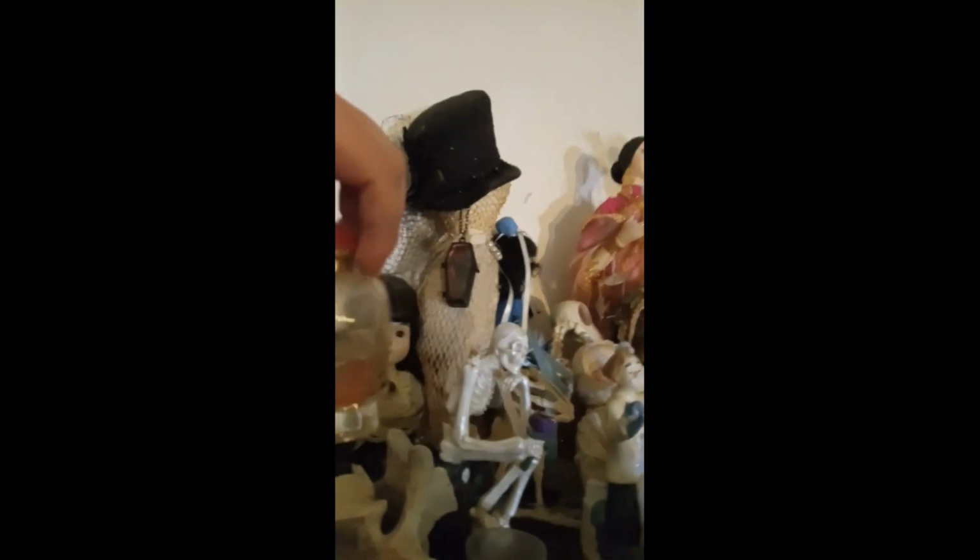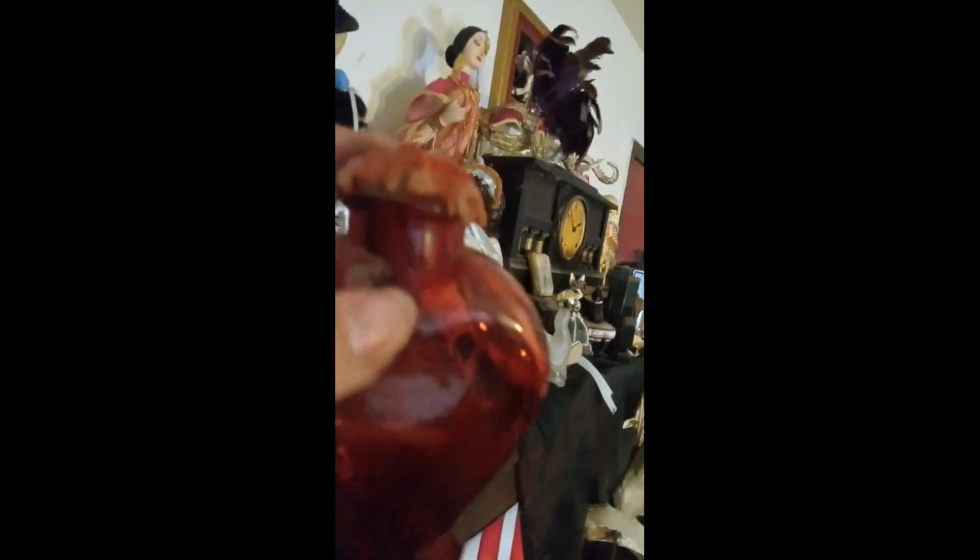Oh, it used to be filled with liquid, but I guess it all evaporated. Might have to fix that, but it's got a little rat fetus in there. And I also have down here a bigger thing with rat fetuses in it. This one still has liquid, but they're floating around in there with some glitter. I'll have to put some more liquid into that other one and in this one too, because it's running low, but the problem is it's sealed on top with wax, so I'll have to figure that out and maybe reseal it. But anyways, moving on,